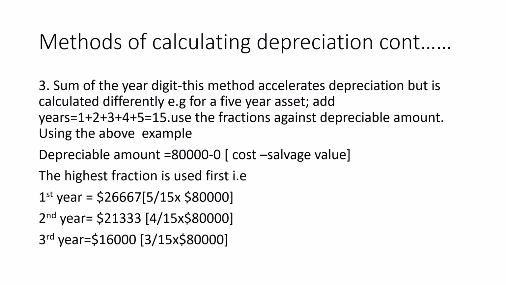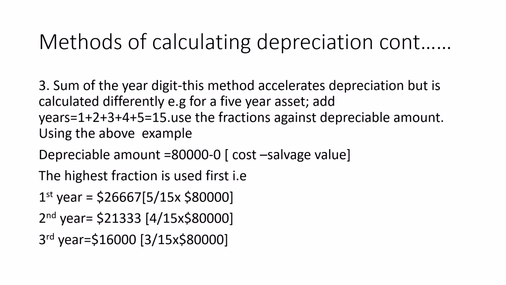So you're going to use fractions against the depreciable amount using the above example that you've already used. So the depreciable amount is 80,000 minus the salvage value, which is 0. So you're going to get 80,000 as the depreciable amount. So the highest fraction is used in the first year. So the first year depreciation will be calculated as 5/15 times $80,000, where we get